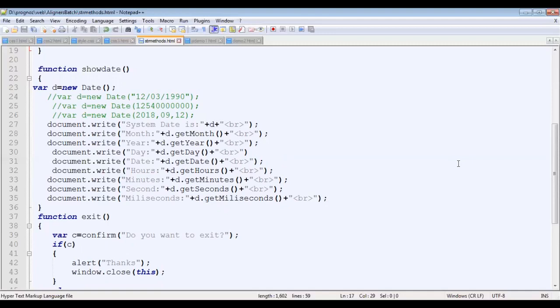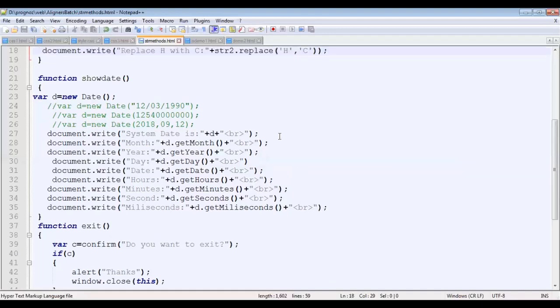Then it has multiple functions, like the first one is the month. So d.getMonth() allows us to return the current month. But the problem is this getMonth function fetches values between 0 to 11. Which means January is treated as 0 and December is treated as 11. So if the current month is 7, it will display 6 through this getMonth method.